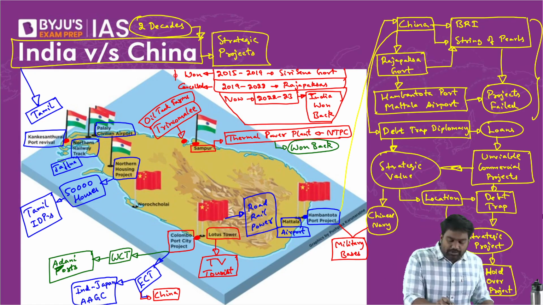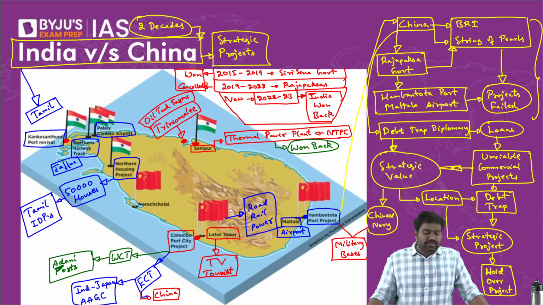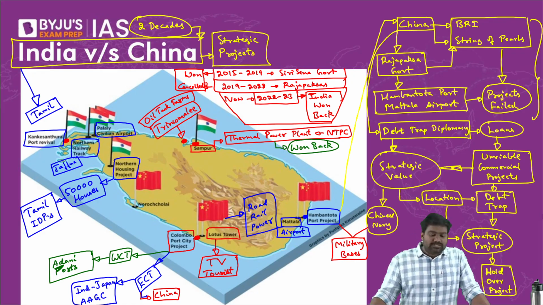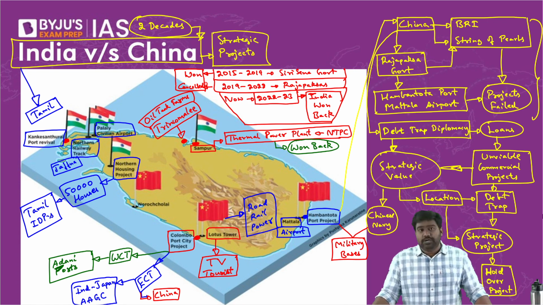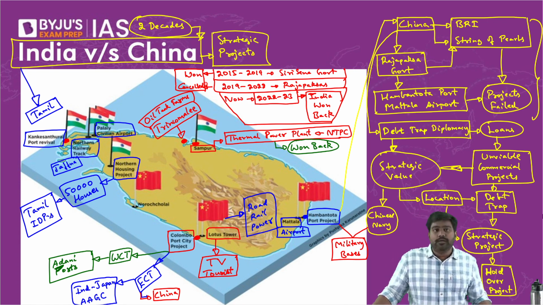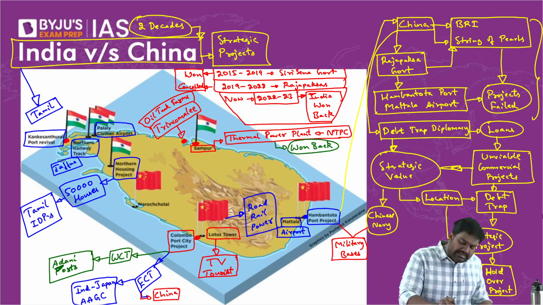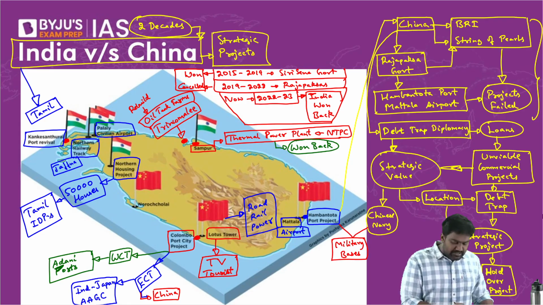The Trincomalee port is useful for petroleum shipments. Petrol, diesel, LPG, kerosene, everything is shipped here because there are old oil tank farms that can store large quantities of oil. These are British era oil tanks built by the British during the Second World War. So India wanted to rebuild these oil tank farms. We wanted to rebuild the new oil tank farms, right, which is present near the Trincomalee port.